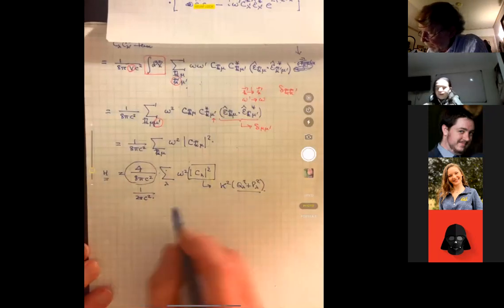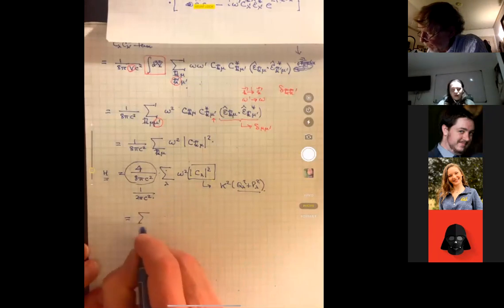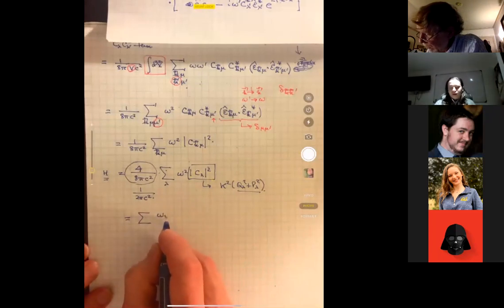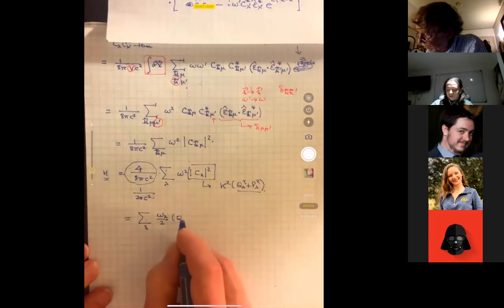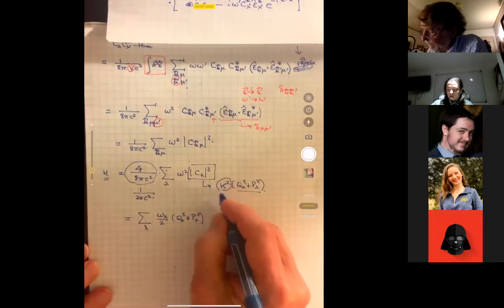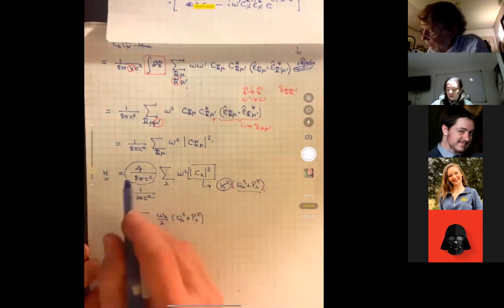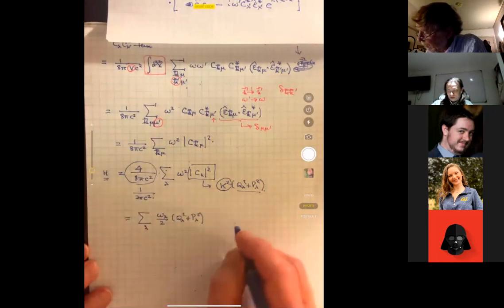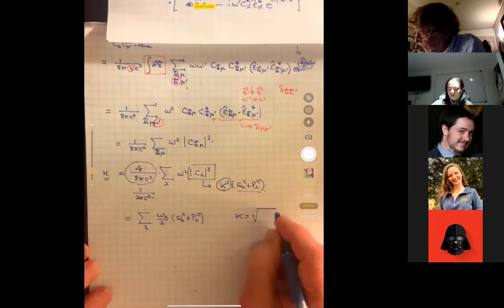And in order to make it come out to be the answer we expect with harmonic oscillators with the right frequency, which is a sum on lambda of omega lambda over 2 times q lambda squared plus p lambda squared, we have to get this k right. Getting the k right is just a matter of following through it and getting these coefficients correct. And if you do, you'll find that k is equal to the square root of